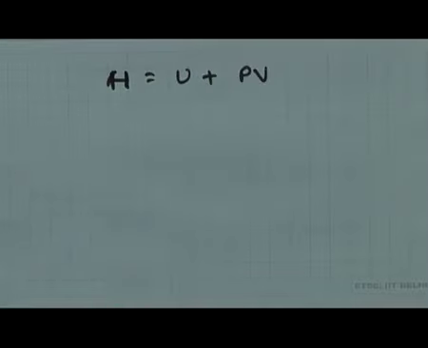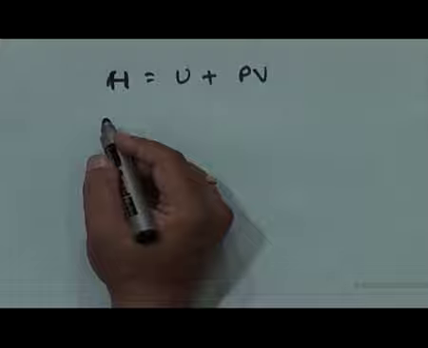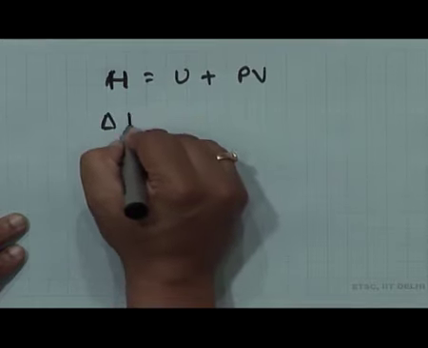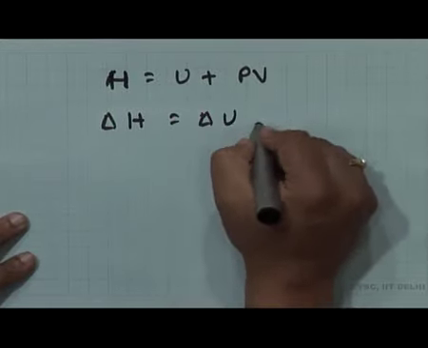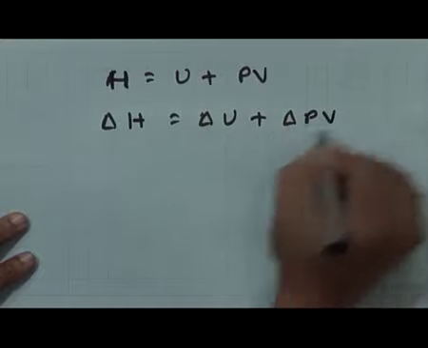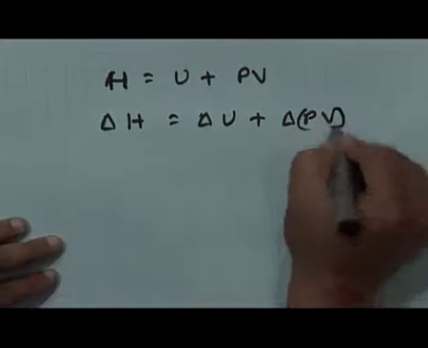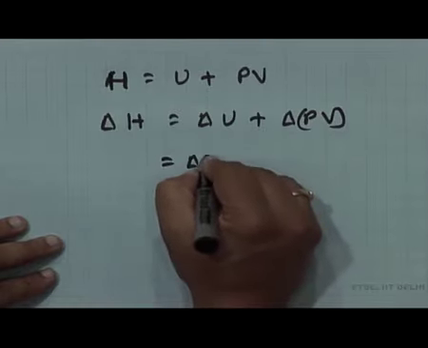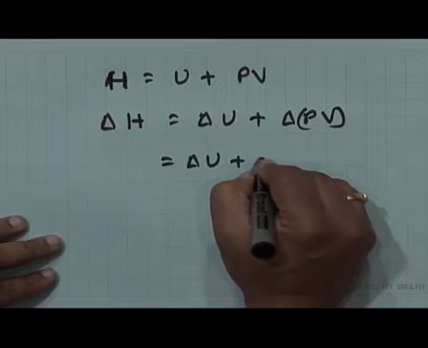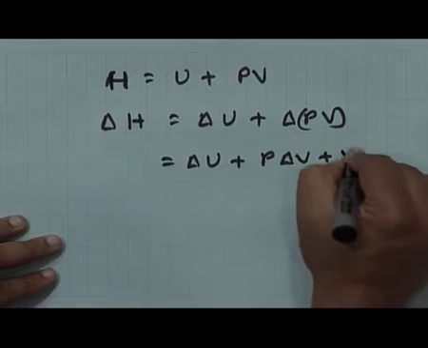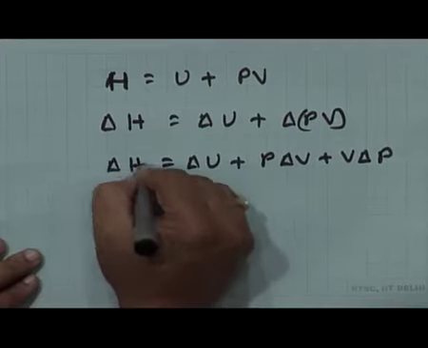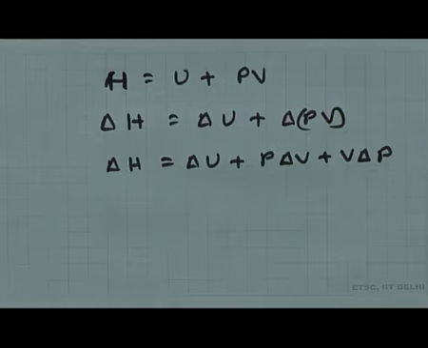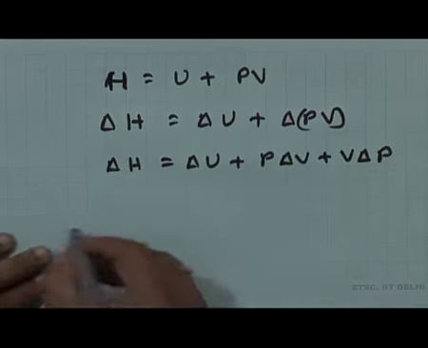Okay. Now, remember what we had started with. What we had said was that you should not be confused by whether it is delta U naught or delta H naught, because now if I look for a finite change in H, then this would be equal to delta U plus delta PV. This can be rewritten as delta U plus P delta V plus V delta P, right. So, this is delta H. Okay. Now, suppose you would remember that